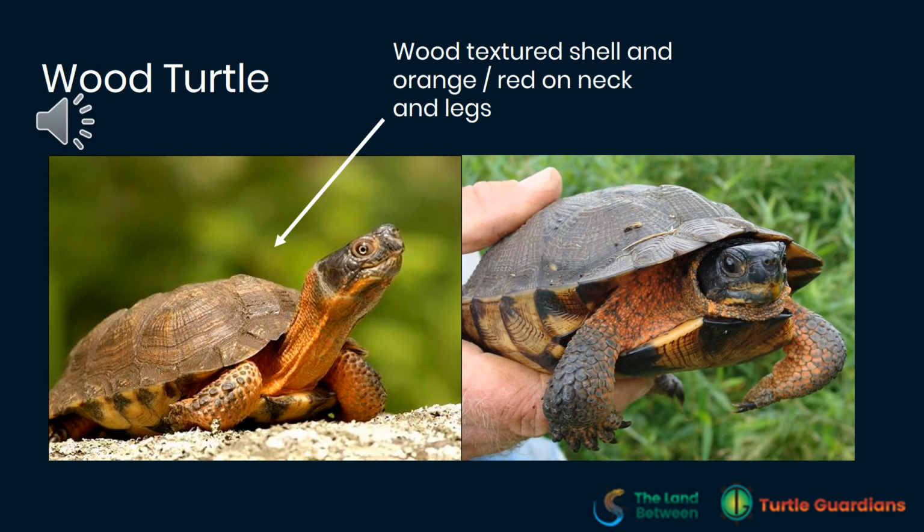So here we have, lastly, our most rare turtle species in the land between, this beautiful wood turtle. So this turtle is very, very rare because it's very endangered, unfortunately. They live along rivers. They will spend some time in these rivers, but mostly they're actually terrestrial. So they spend a lot of time on land. They can only eat on land. They do not eat in water. And the best way to identify a wood turtle is its wood-like shell. So this shell resembles what you would think of as more of a tortoise shell. It's very sculpted and it sort of has a texture of wood, hence its name. It also has orange neck and orange forelimbs,